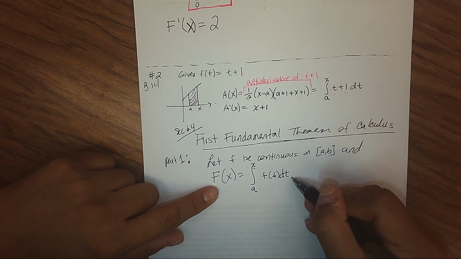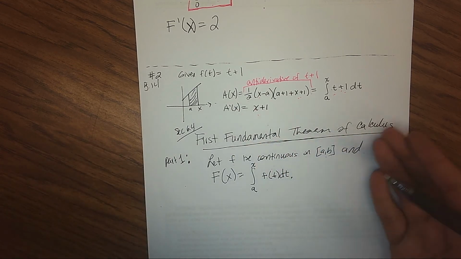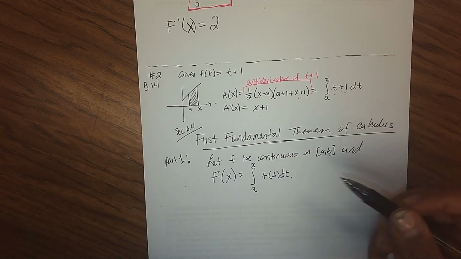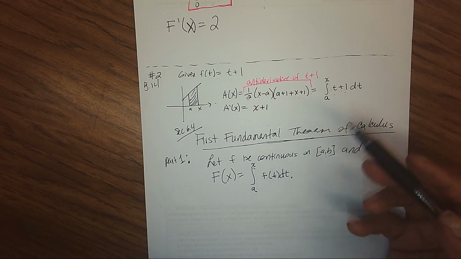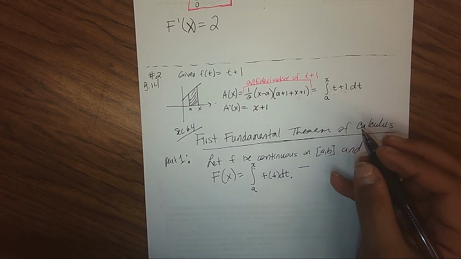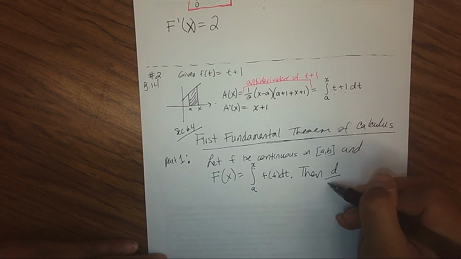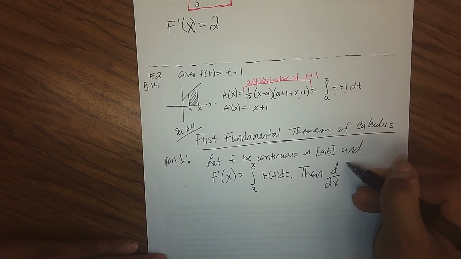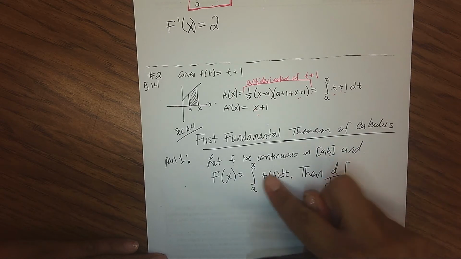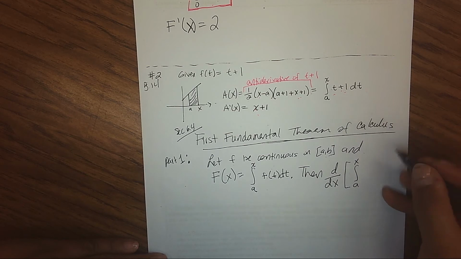The next step, or this is just the given information, then the first fundamental theorem of calculus says that if I take the derivative of this, I'll start with that. Then the derivative, I'm using Leibniz's notation, the derivative of this entire integral